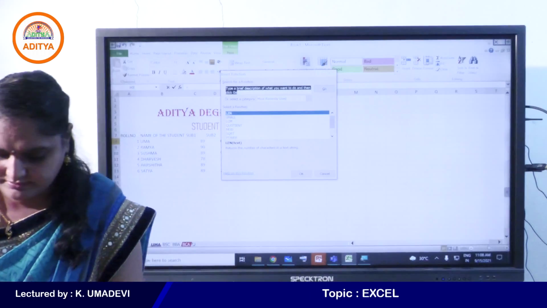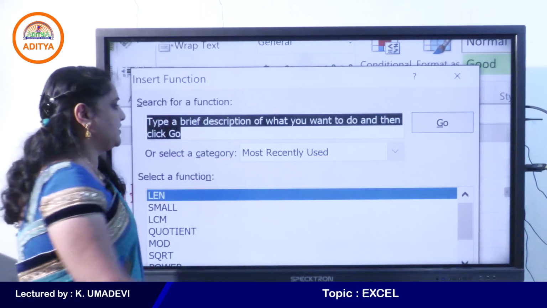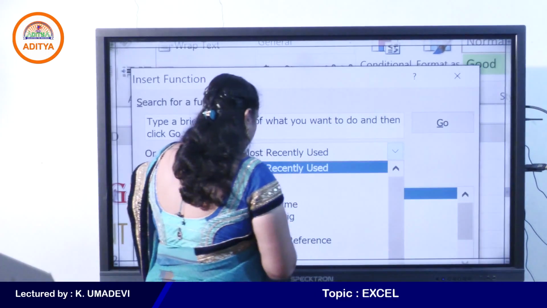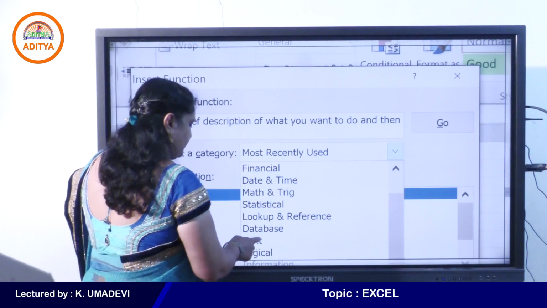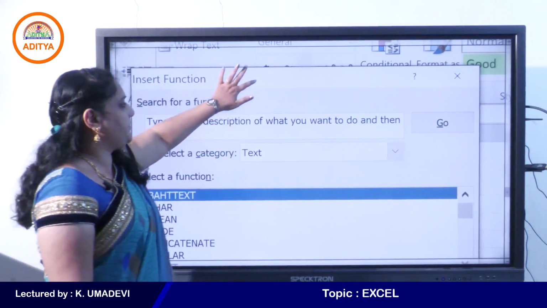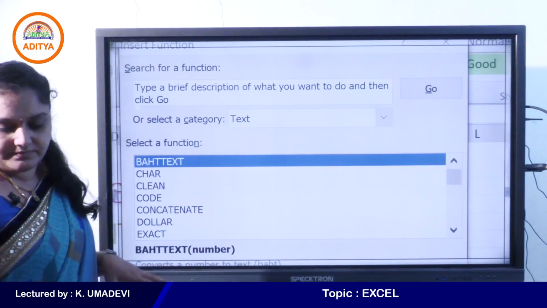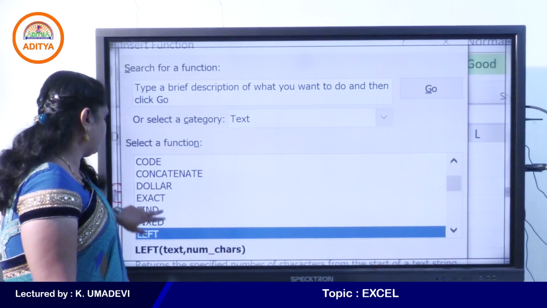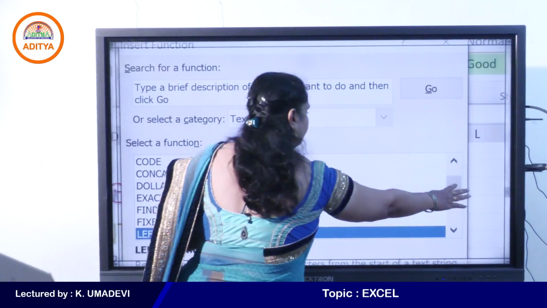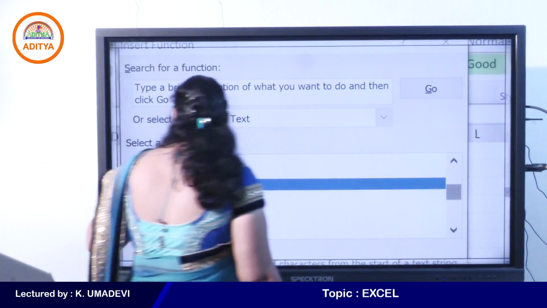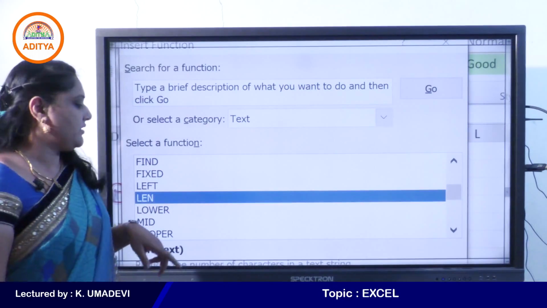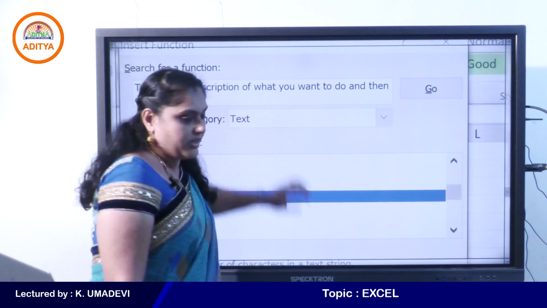Okay, I'll just zoom the screen. So select text category and select length. Okay, select length function and then click on OK.